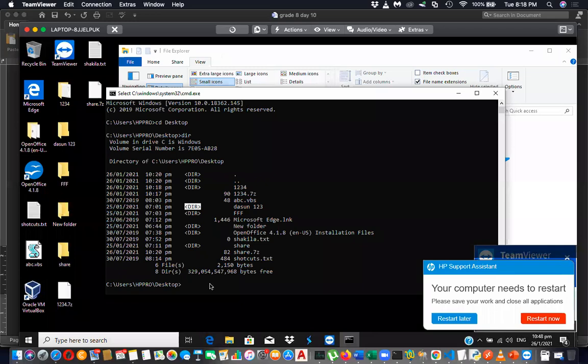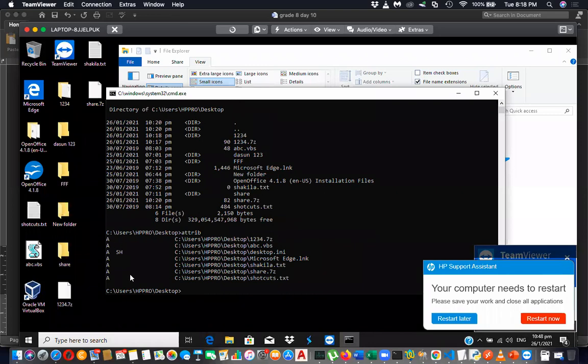Okay, next. So dir will give you a list of the files and folders. And if you type ATTRIB, you can see the attributes of those files. Some are SH, some are not. So can you tell me